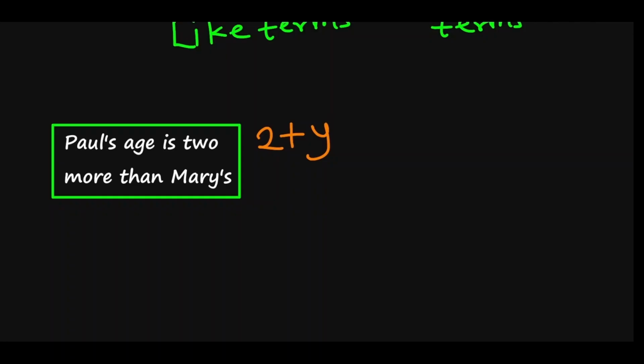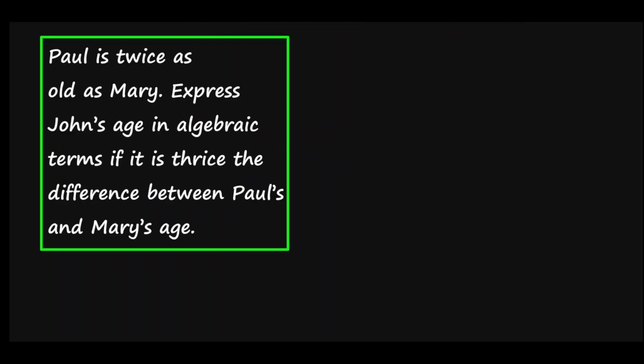Again, very simple. Let's take another one that is even more difficult and probably we'll call it the end of the video. Now this one is more difficult, the most difficult out of everything we've done so far. Paul is twice as old as Mary. So see, for this question or for any algebraic statement, remember what I said. For every word problem or verbal statement you want to convert into algebra so that you can find the solution,